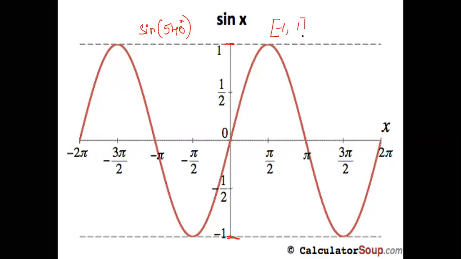Whatever value you give, its answer will be within this interval, that is within these values. If you want to find the value of sine of some angle, the values won't exceed this particular interval, -1 and 1. It can be -1, it can be 1, but it cannot be more than 1 or less than -1. Okay, that thing you have to observe, correct?